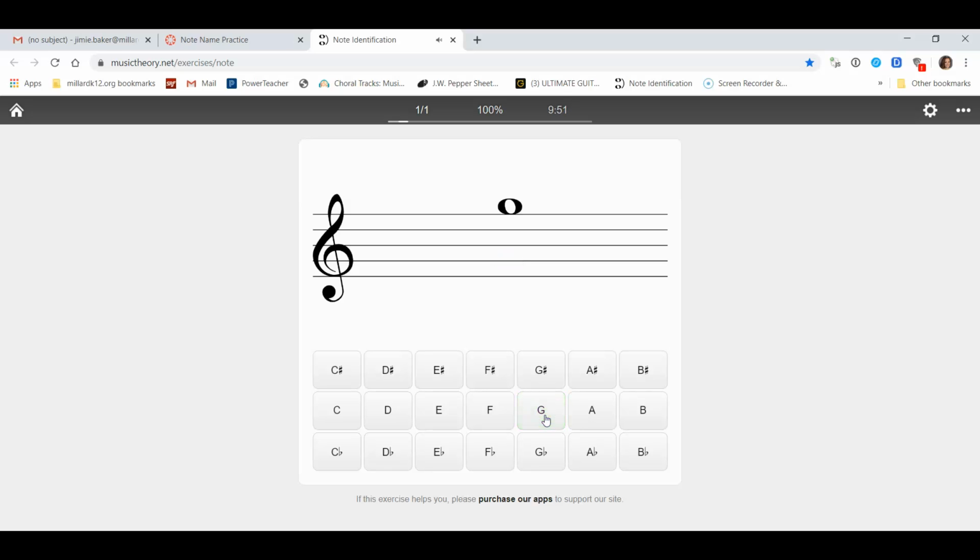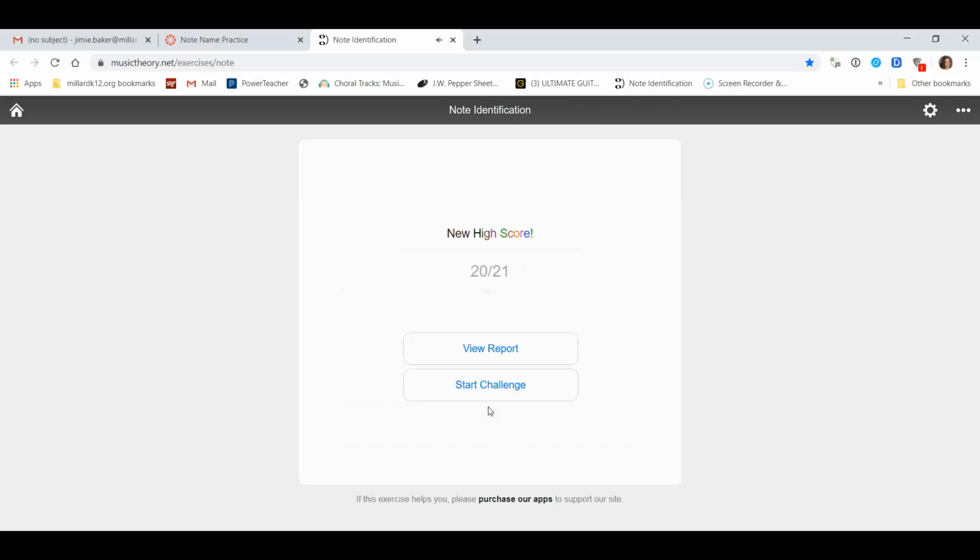And it will give you 12 questions. If you get it wrong, it'll flash red and you can try again. So do this until you get to the end. So we just finished all of our questions. I just skipped ahead. So once you get to 20,